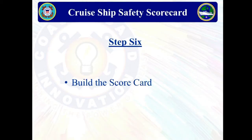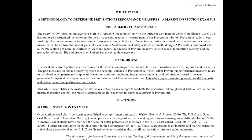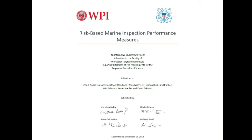Finally, step 6, build the scorecard. For a few years, we worked to find the best way to develop a numerical scoring value to measure prevention. We looked at some of the work done by Homeland Security in the prevention of terror attacks, the business balanced scorecard, the risk reduction value and work done by Lieutenant Commander Josh Buck, as well as other prevention measurement studies